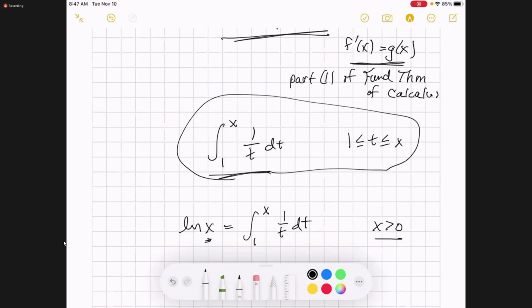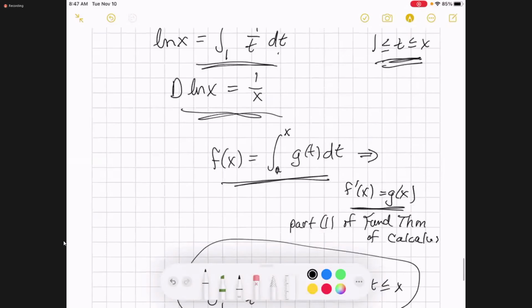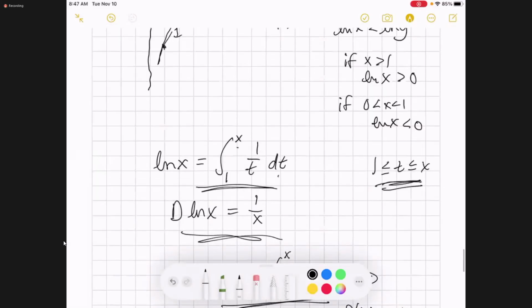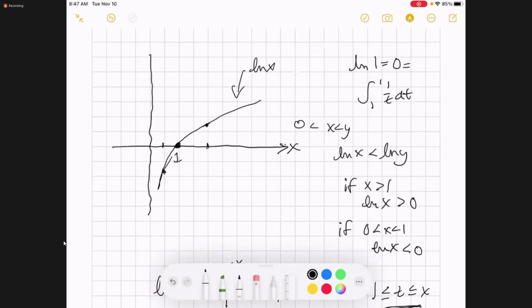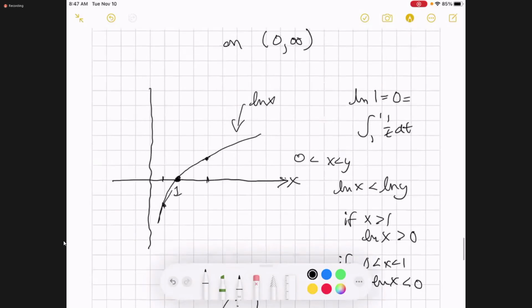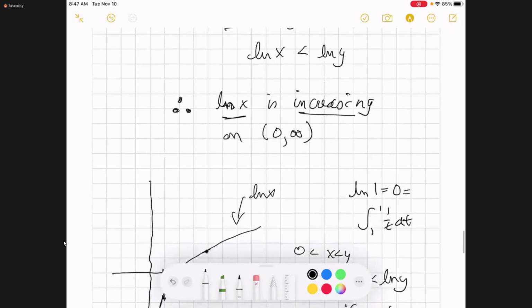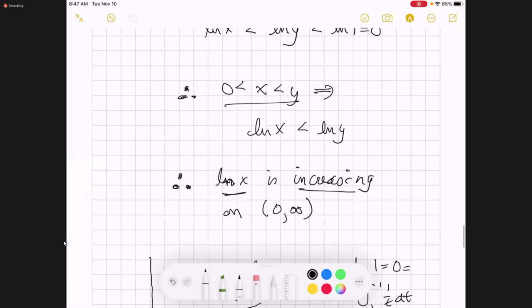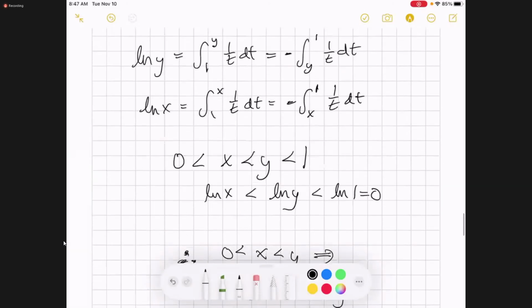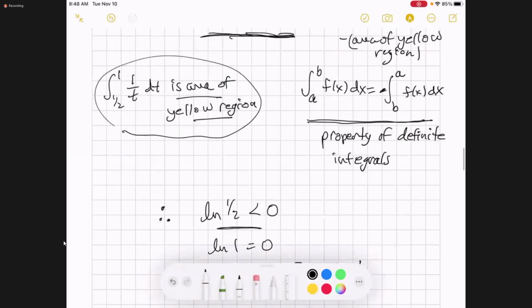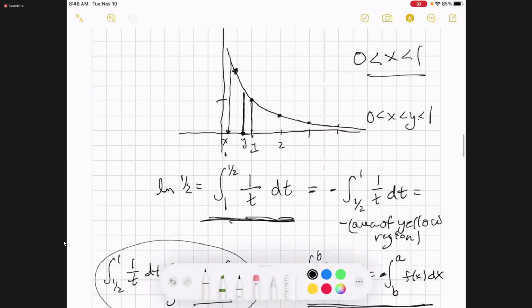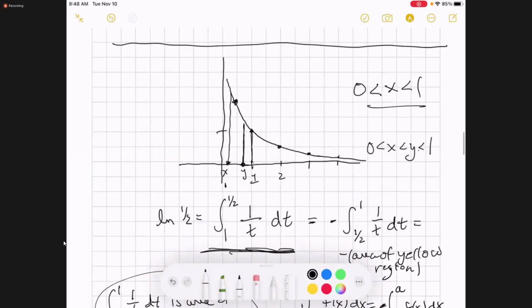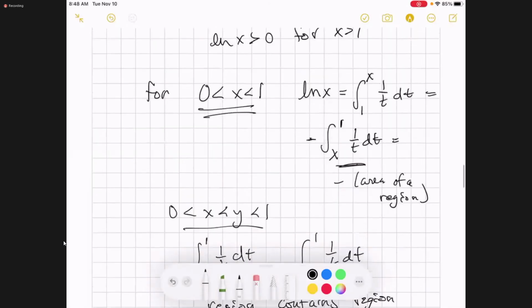There are two things to keep track of. We just started getting a picture of what this new function looks like, and we got this picture from thinking about what these definite integrals look like. But there's also this other function, 1 over t. Many times I've sketched it today. This function and this function